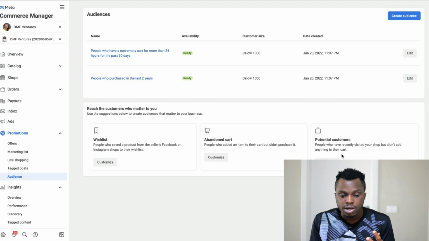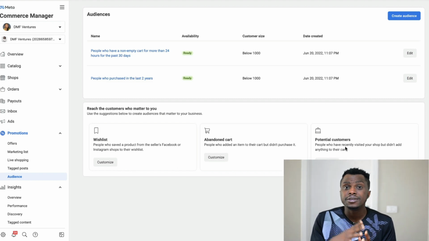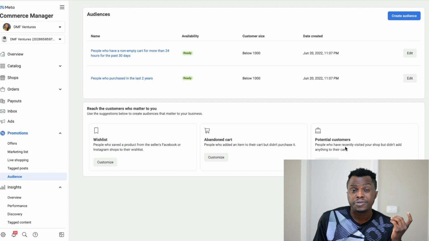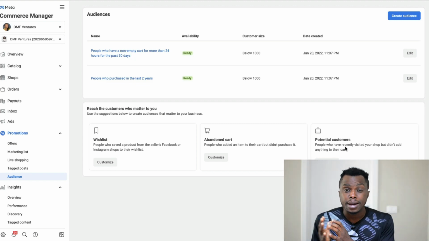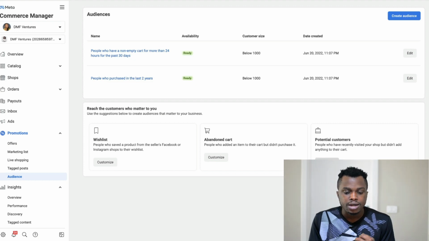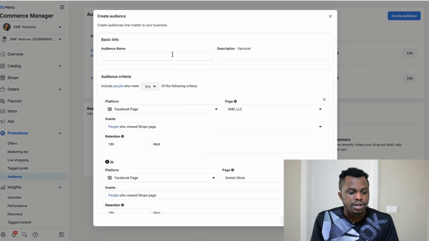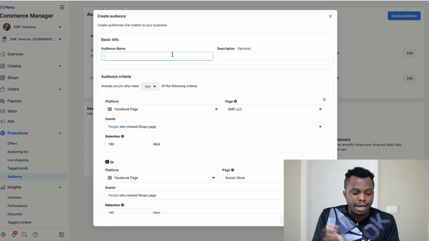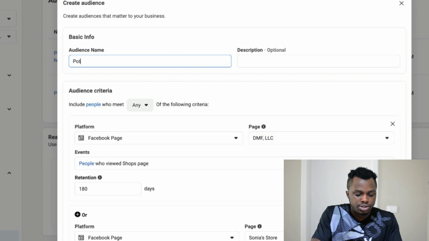Now if you go to potential customers, people who have recently visited your shop, and that could include people who've added to wish list and people who've abandoned cart. Now these, I believe, are the best type of customer because they've done one or the other, so the number is really large. So if we click on customize here, you can name it anything. So let's call it potential customers,